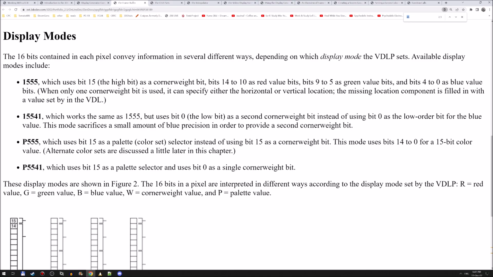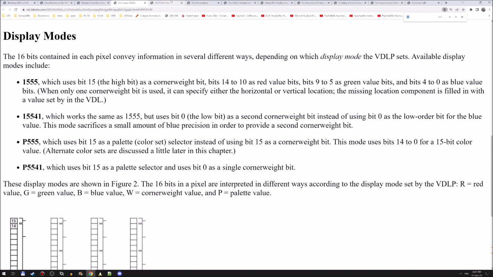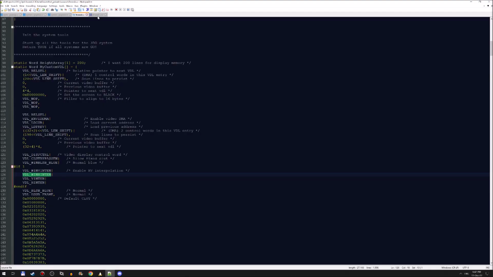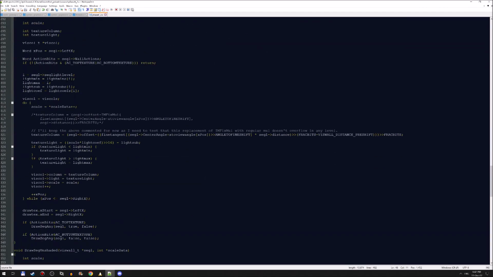It doesn't say anywhere that the VH value can be used to swap palette, but somewhere, and that's how I'll finish, if you disable this, somewhere,